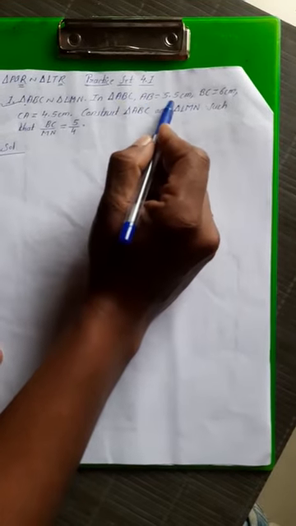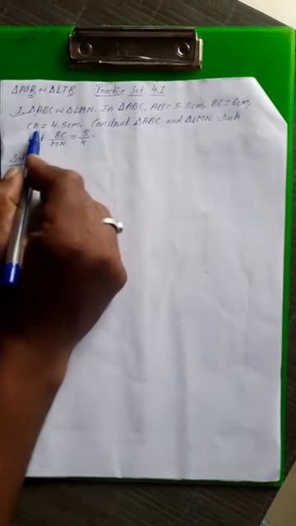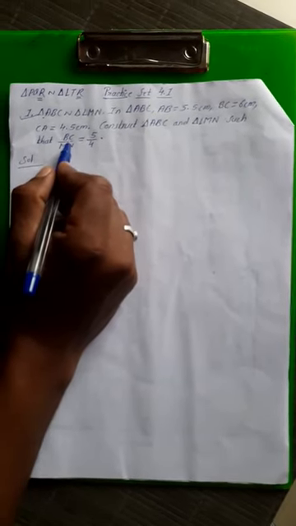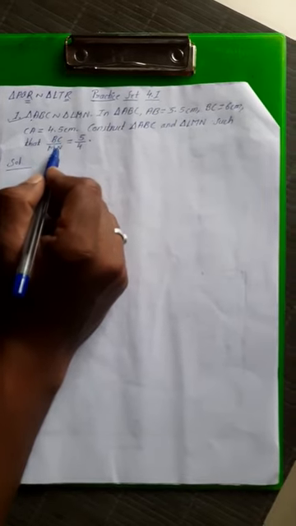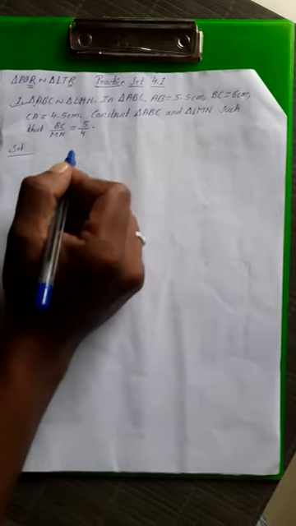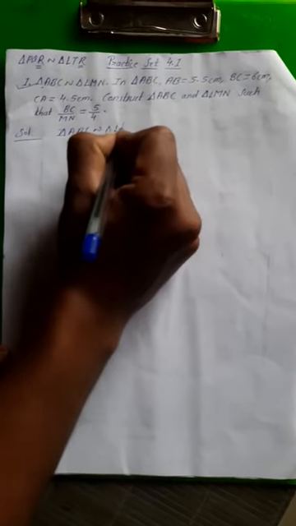In the first construction, in triangle ABC, AB is 5.5 centimeter, BC is 6 centimeter, and CA is 4.5 centimeter. And the ratio of the corresponding side, that is BC upon MN, is equal to 5 upon 4. So this ratio is common to all the corresponding sides. Therefore we'll start solving now. Here triangle ABC is similar to triangle LMN. Therefore now we will write the ratio of corresponding sides, that is AB upon LM.